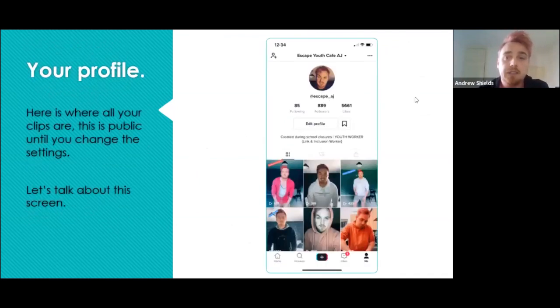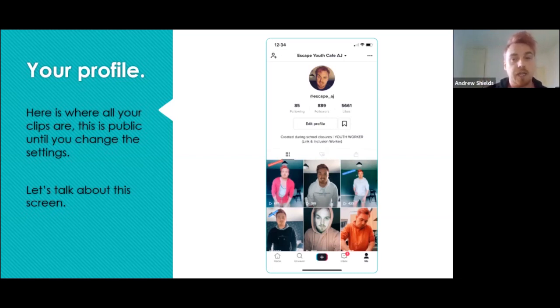And this is your main profile. Again, we can go through it quickly. The following part, which says 85, is people that I follow. Followers is people that follow me, and then likes is how many likes I've got in total from all my videos counted together. And then you'll see on each clip that there's a play button with numbers beside it. So 681, 315, 423. They're how many people have viewed that video. I posted a video a few days ago, and it's reached 82,000 people. That means 82,000 people have seen that one video, and it's me just standing dancing to a song.